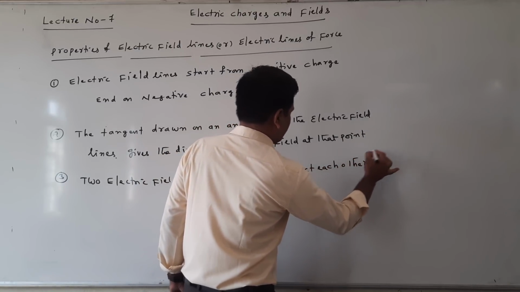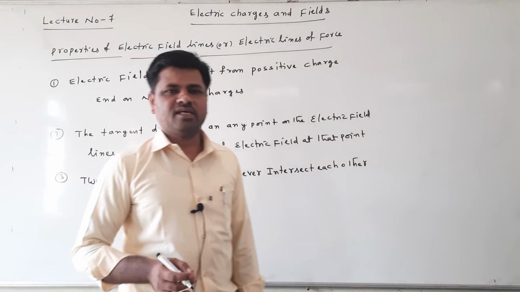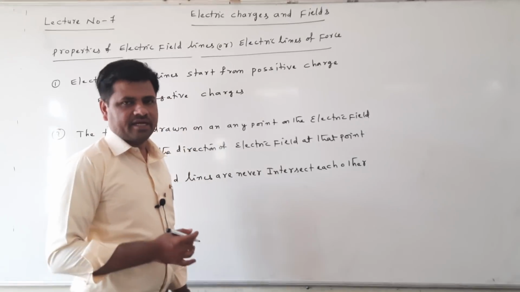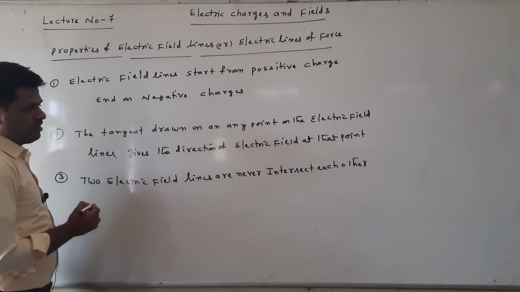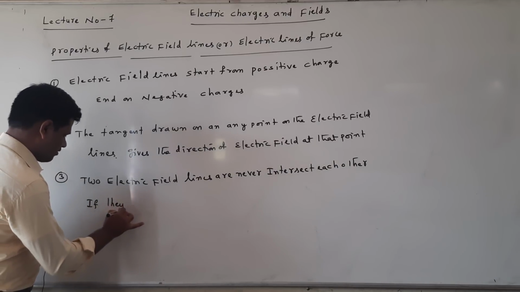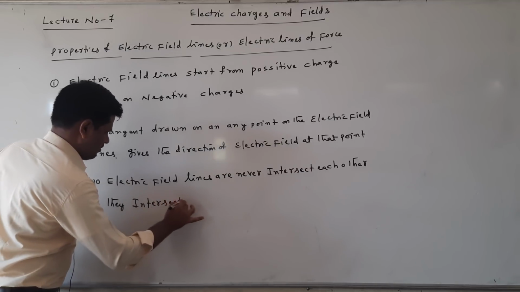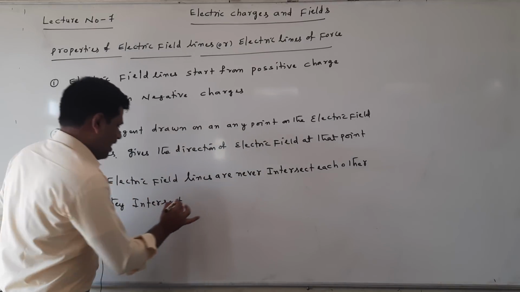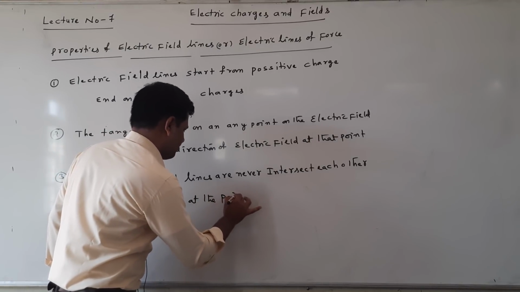Electric field lines never intersect each other. Why? What is the reason? Suppose they intersect. If they intersect, what happens? At the point of intersection,